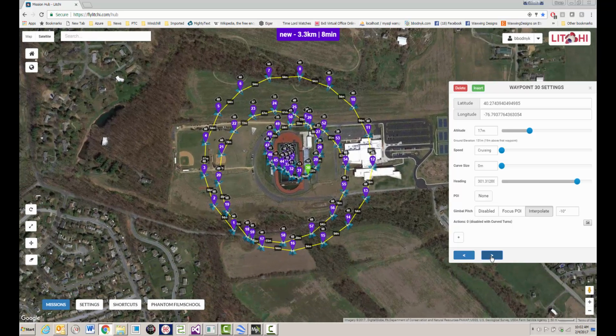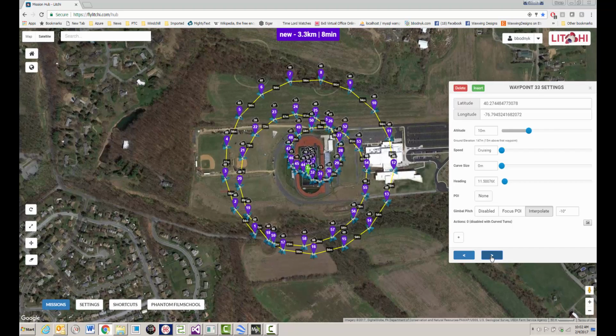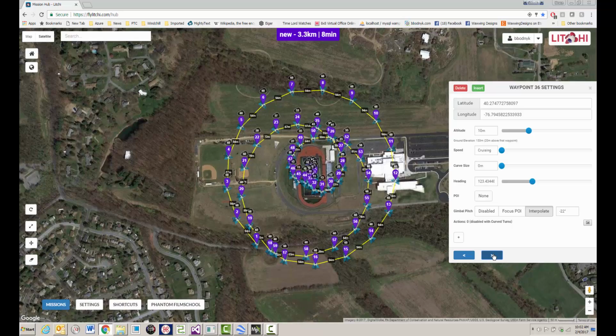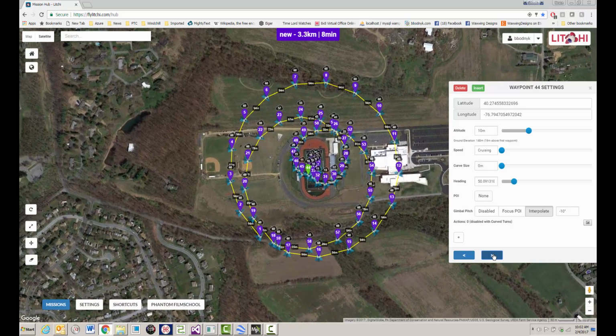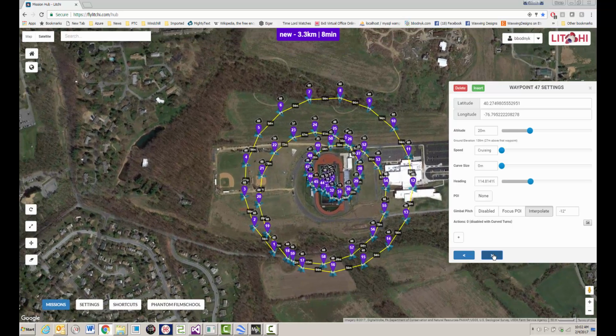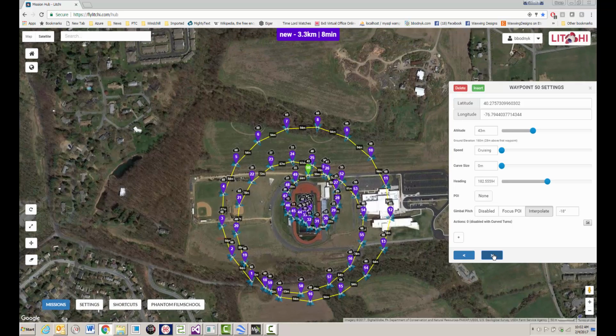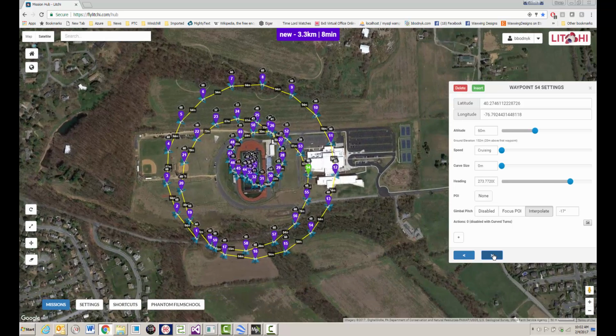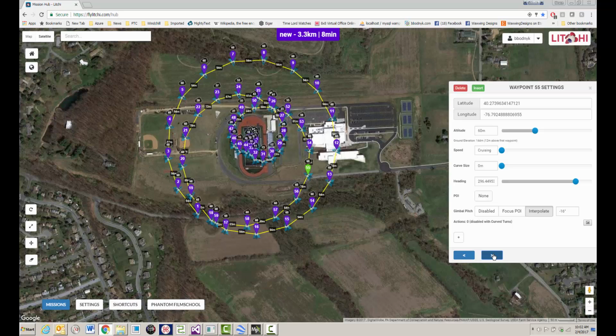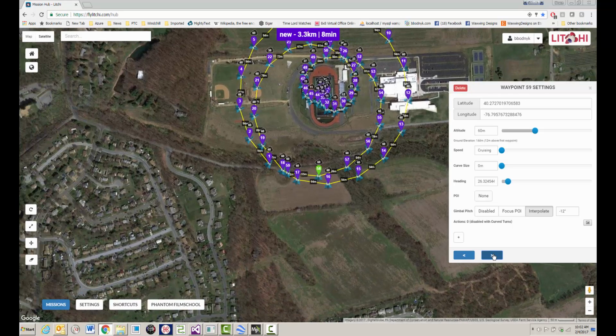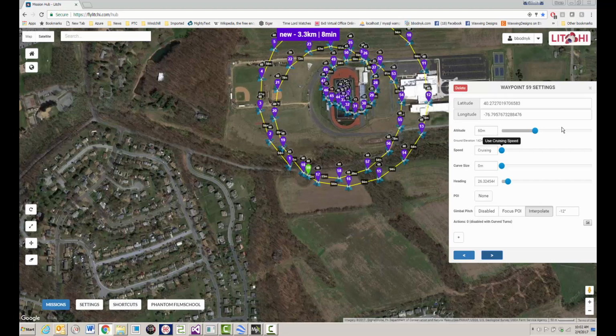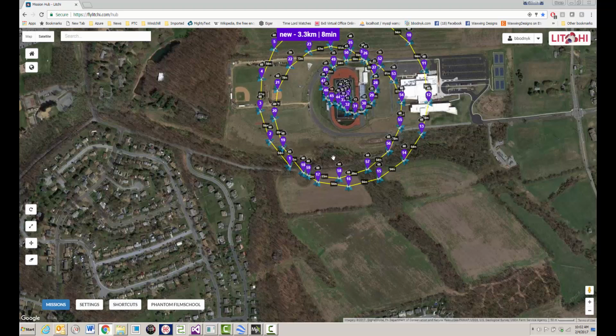Also, at this point, the altitude's dropping until I'm at an altitude of 10. I'll just move around, and now we're starting to rise up again as we come out of the circular helix, back up to an altitude of 60, which we stay at to the end of the mission. So at this point, I could save it, and then I could go out to the field and fly the